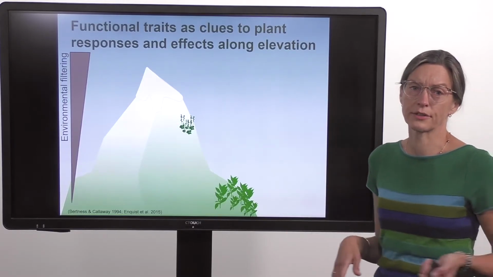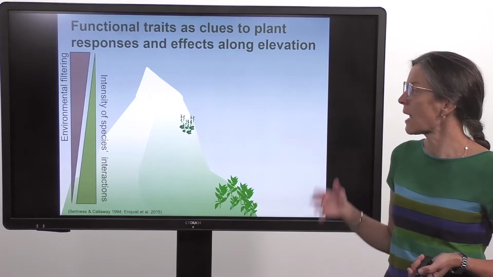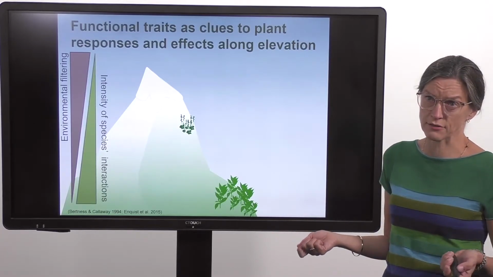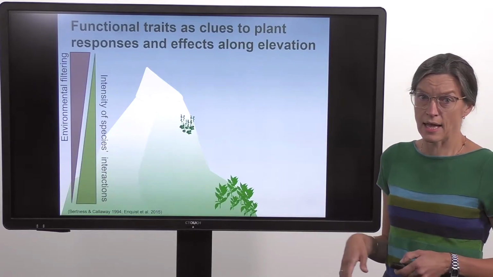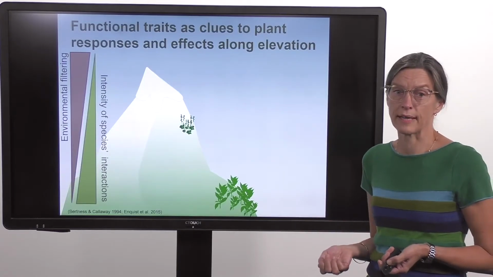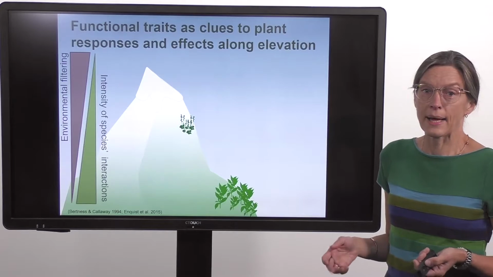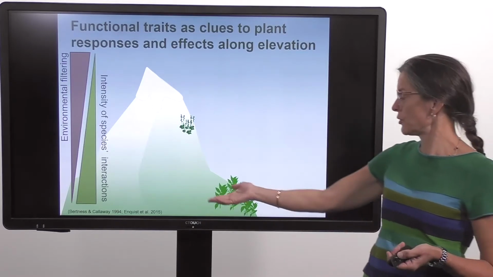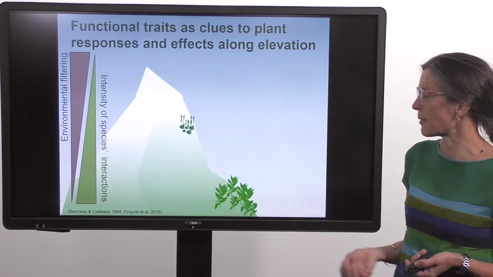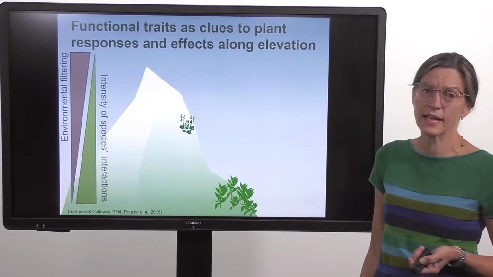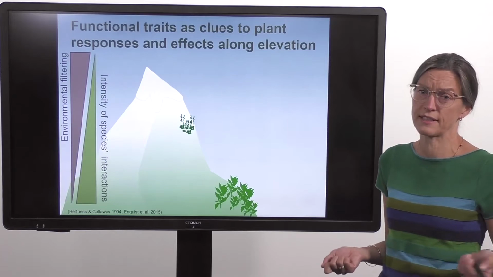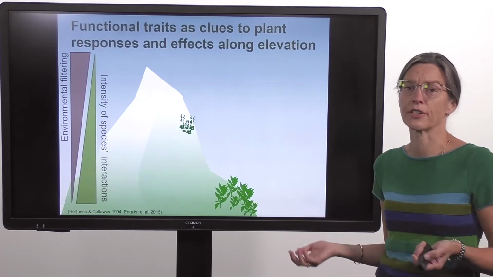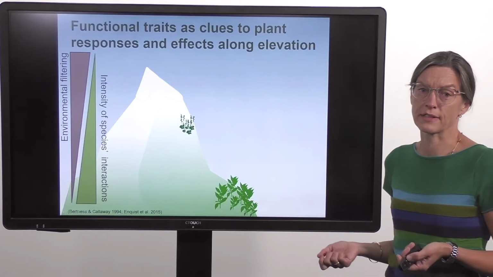And going concurrent to that, we also expect there to be more intense species interactions, such as competitive interactions, for example, in the lowlands, where there is more resources available. And there's two formulations of these kinds of hypotheses that I have put down on this slide. So one is the stress gradient hypothesis, and the other one is trait driver theory, but there are also other formulations of these kinds of hypotheses.